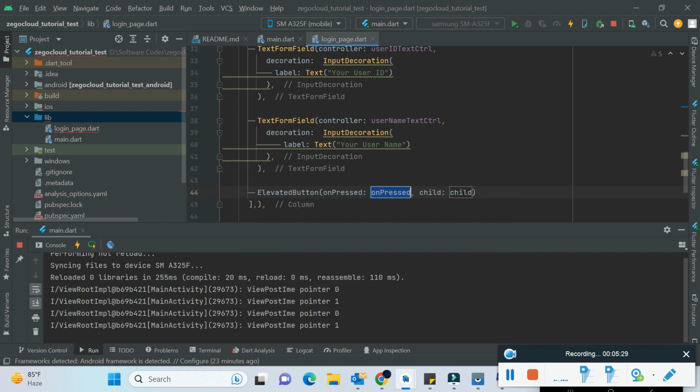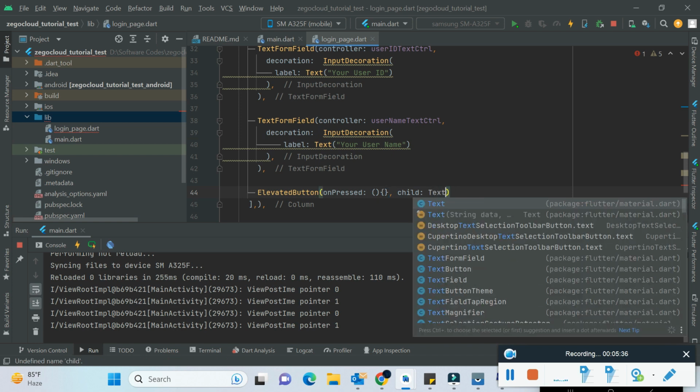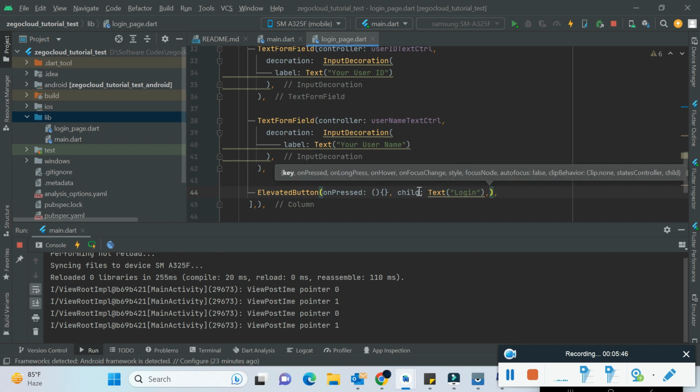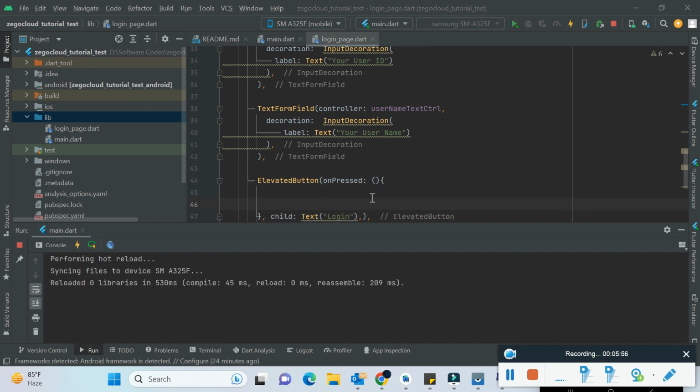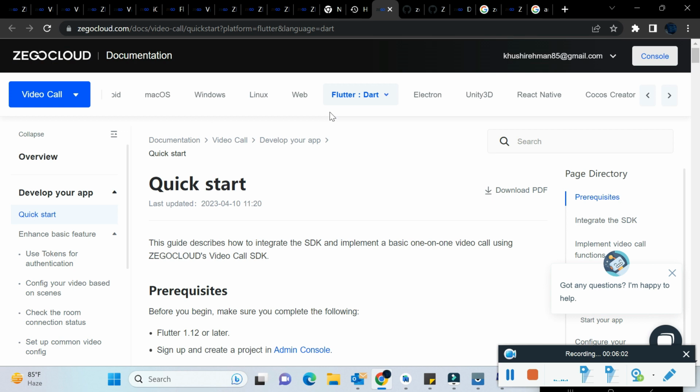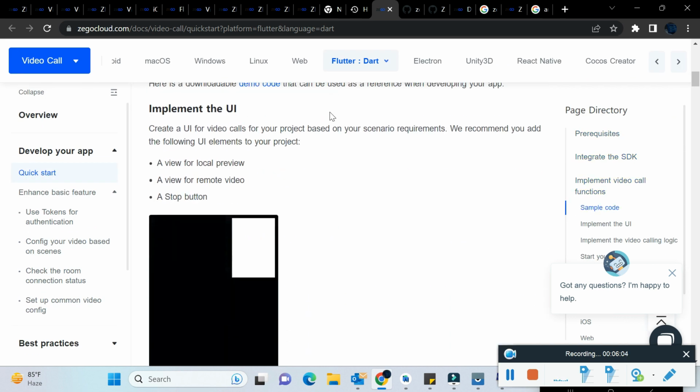Now I want to use an elevated button. So whenever I click on this elevated button, it will navigate me to our next page, and the text should be login, and an empty function. In this empty function we will implement our code, but first of all I just want to create the